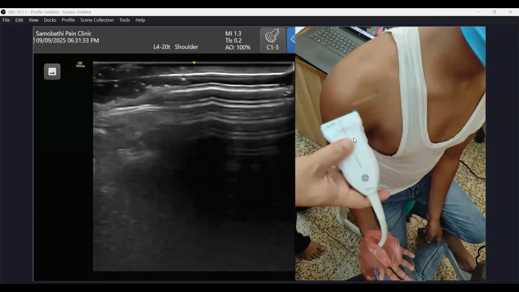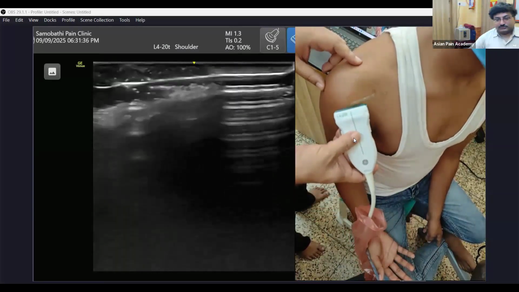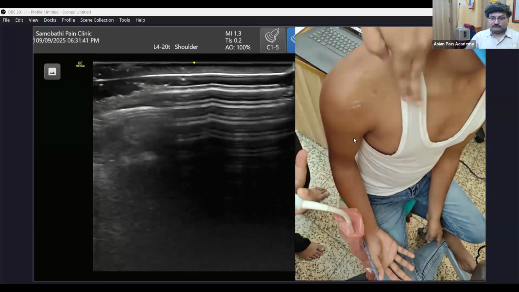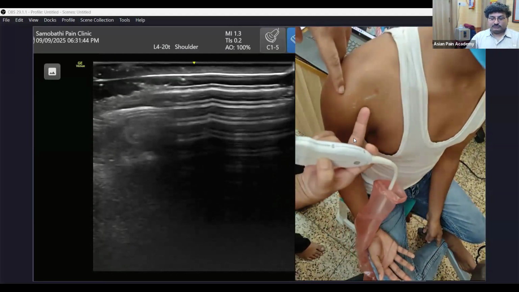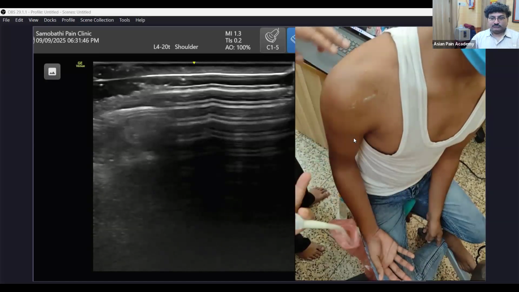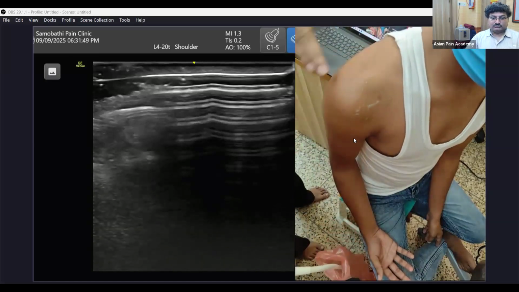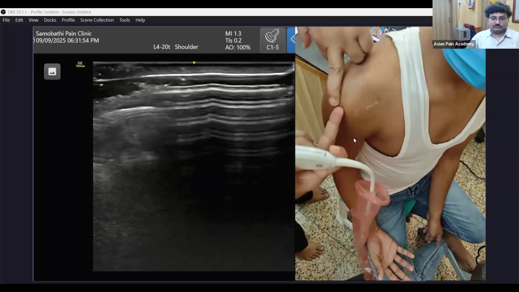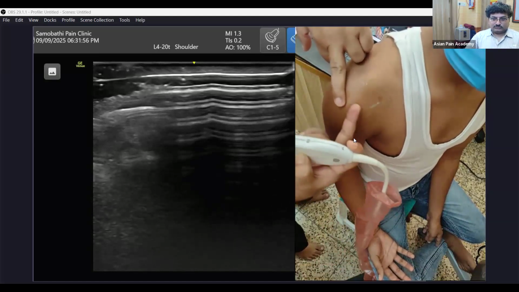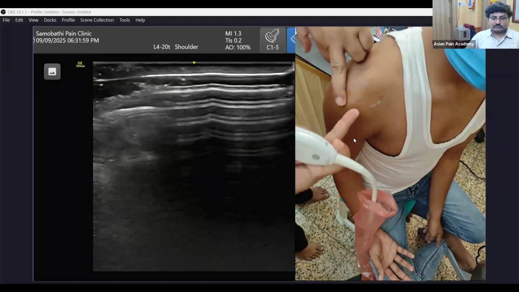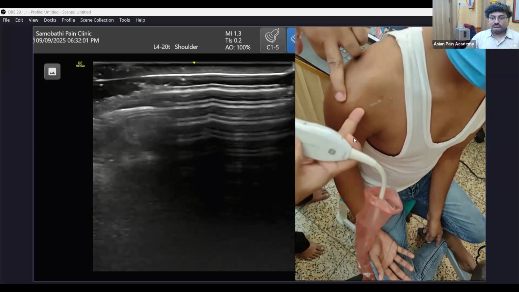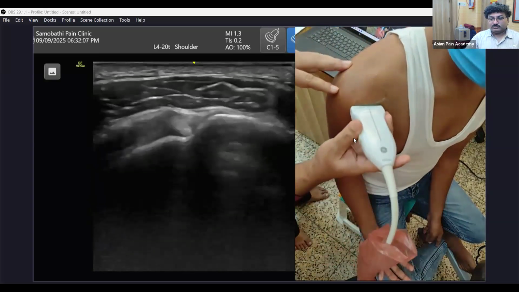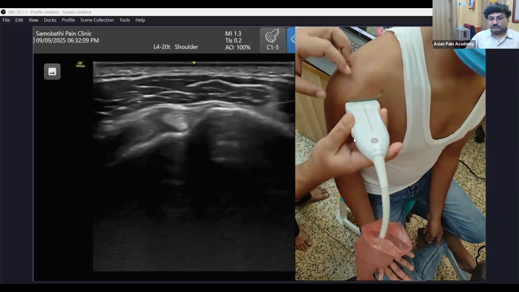Okay, I show you the location of the rotator cuff interval. Subscapularis is coming like this from the medial side, up to the lesser tuberosity. Then supraspinatus is coming like this, up to here, that is the greater tuberosity. So between subscapularis and supraspinatus, there is a gap, and this gap is the rotator cuff interval. If we puncture here, the medicine will go inside the capsule. So let us see the gap. If I put the probe in this way, what I am seeing,